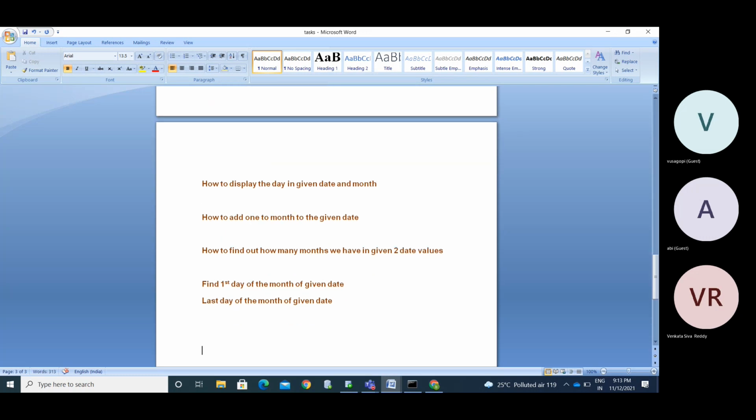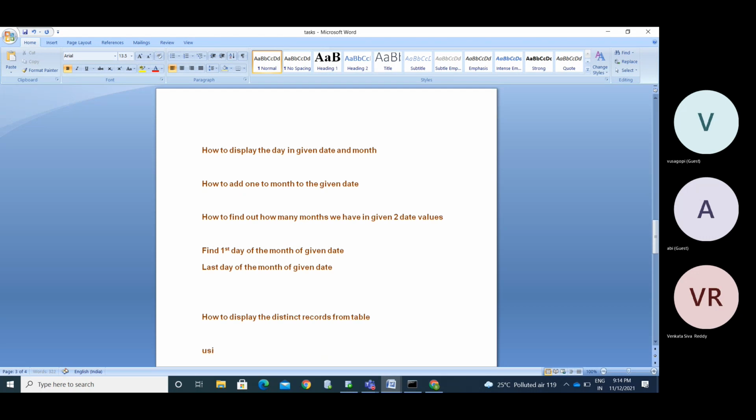So how to display the duplicate records from the table.